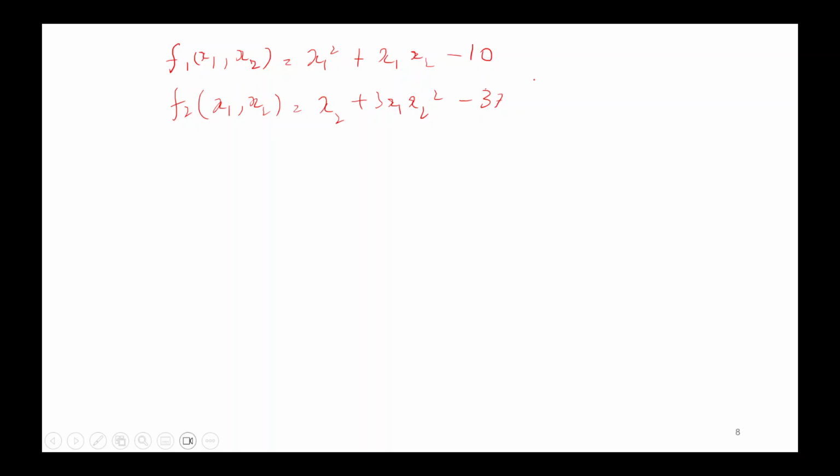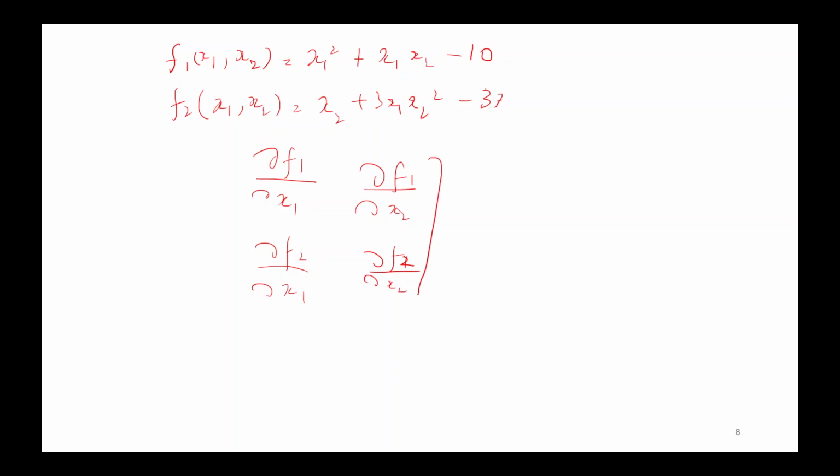So what will be the Jacobian of this system of equations? It is ∂f1/∂x1, ∂f1/∂x2, because there are only two independent variables, x1 and x2. Then ∂f2/∂x1 and ∂f2/∂x2. So this is the Jacobian,